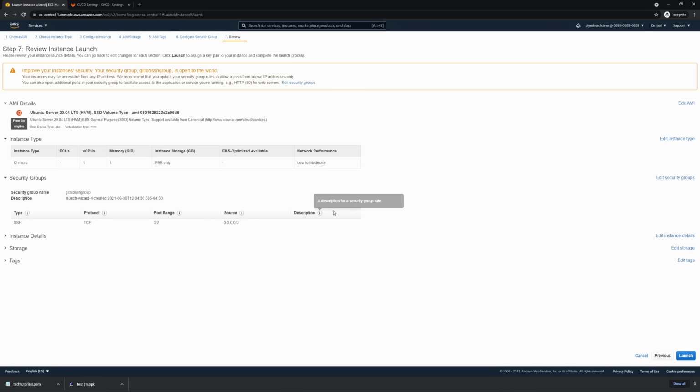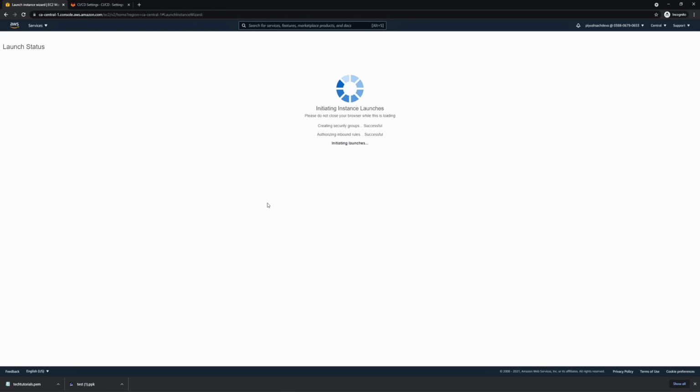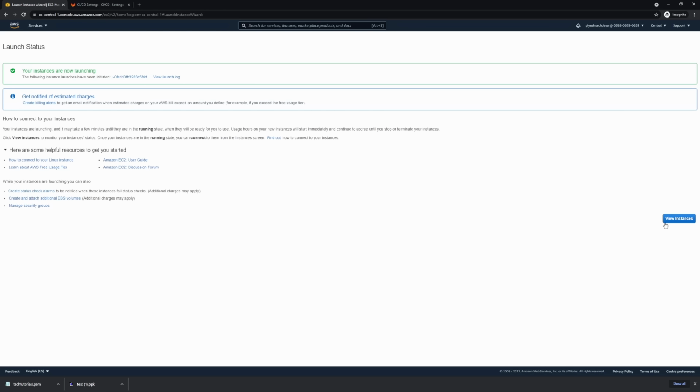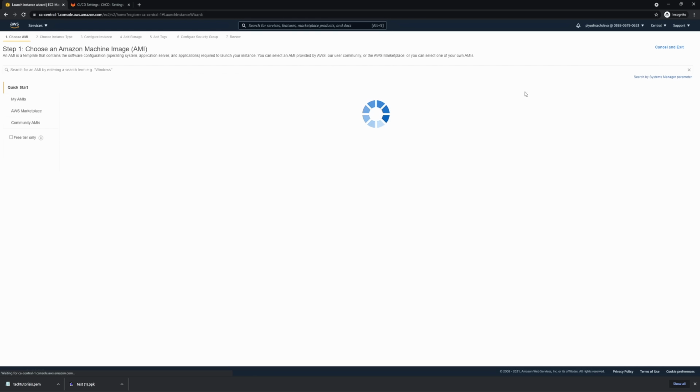Click on review and launch, and then I'll use a key pair. I'll use this one, knowledge, and I click on launch instances. Okay, while this is being provisioned, I'll create one more instance for our dev server. So I'll click on launch instances again,